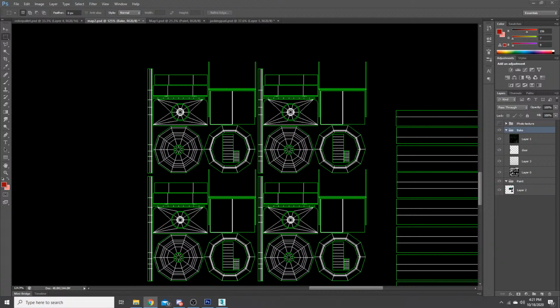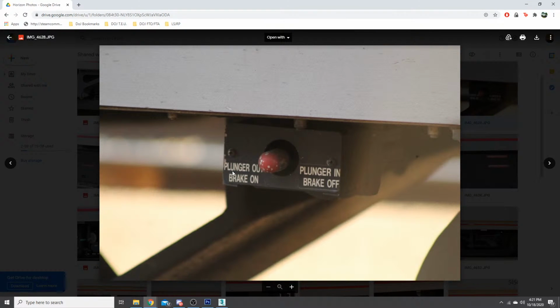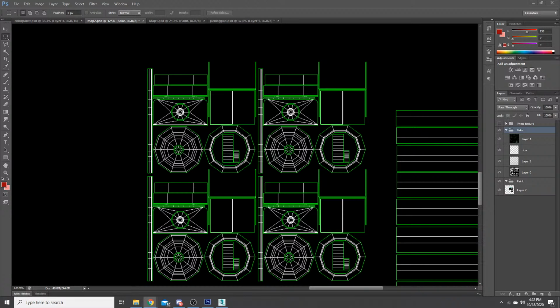Okay, so here's what we're looking at right now. Plunger out, brake on. And then we have two screws in the middle there. So let's see, how are we gonna do this?